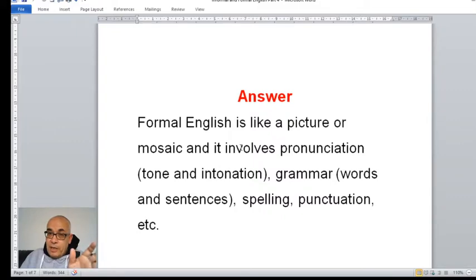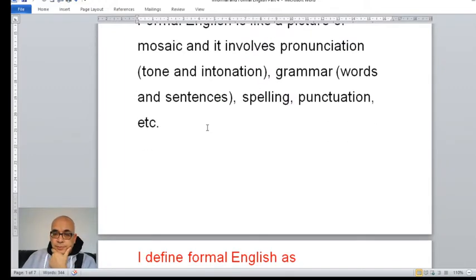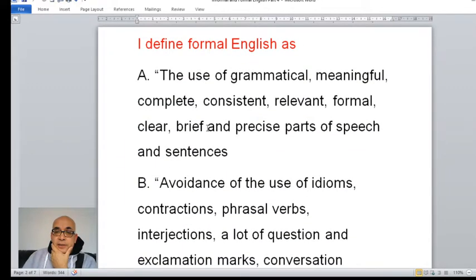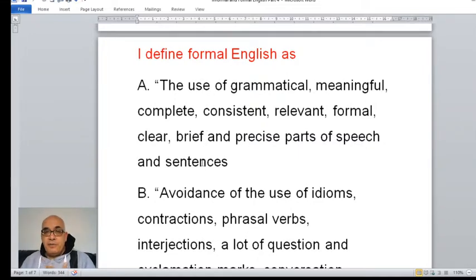I explained formal English in part 1, part 2 and part 3, and I gave examples, and I gave you a very short explanation of formal English. But this is my definition, and this is my understanding of formal English. It is like a picture. It's a mosaic, if you want, and it involves pronunciation, grammar, spelling and punctuation. And this is my definition of formal English, my explanation of formal English, the way I look at it as